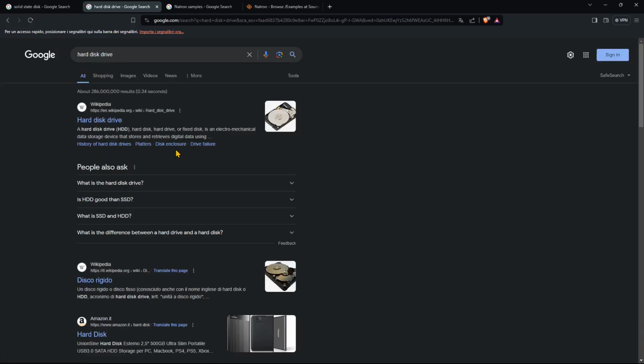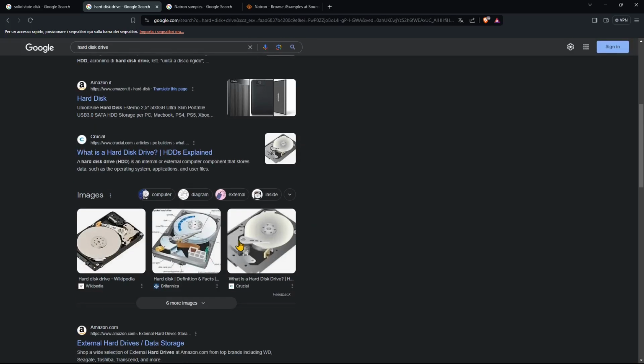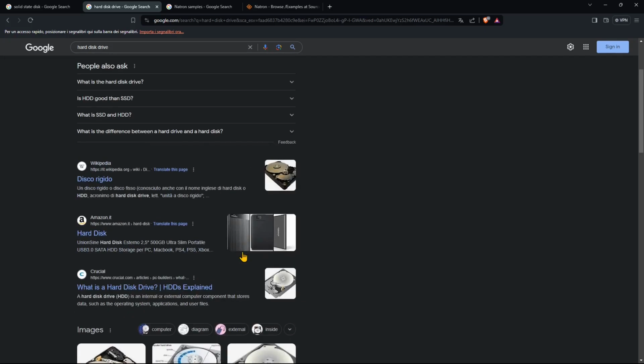But they tend to break or become corrupted little by little. You can see some signs of the decay of the hard disk, so you can save the files before the hard disk